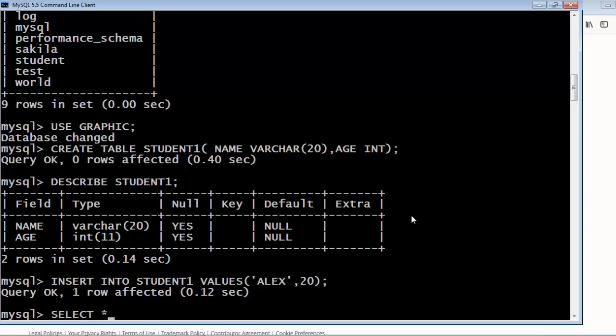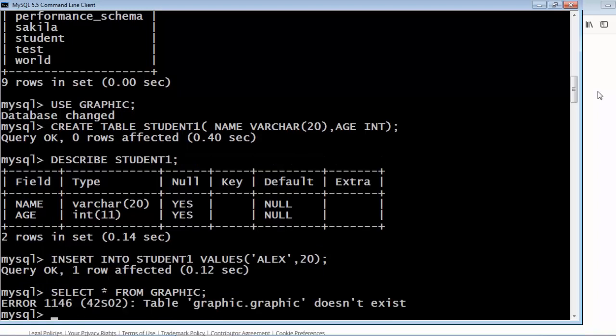Select star from, and what is the name of the database? We have created a database graphic. So star from graphic, sorry, graphic is not there, it is a table, because we have to extract from the table.